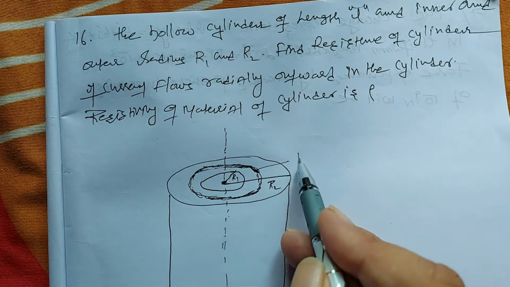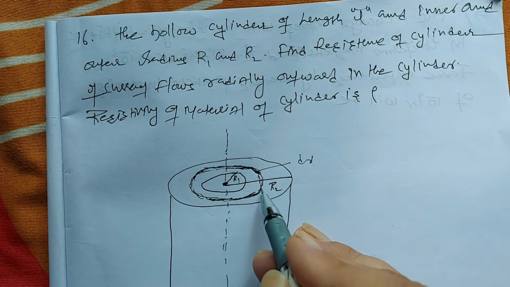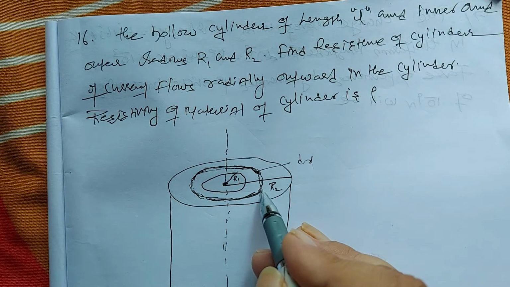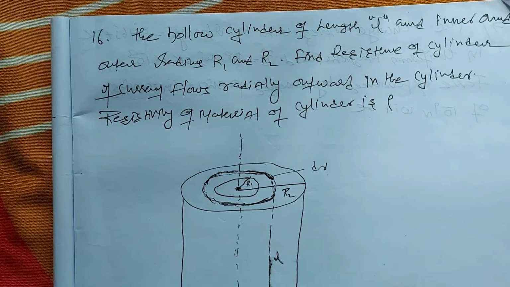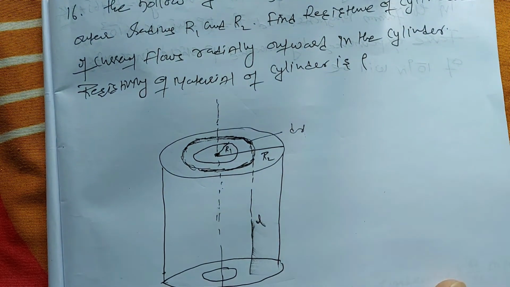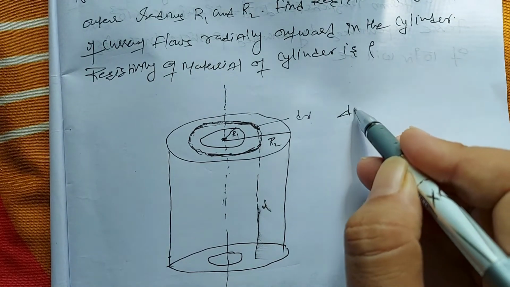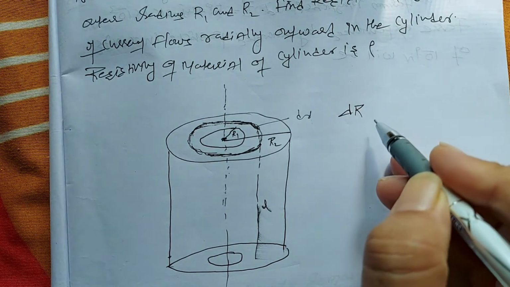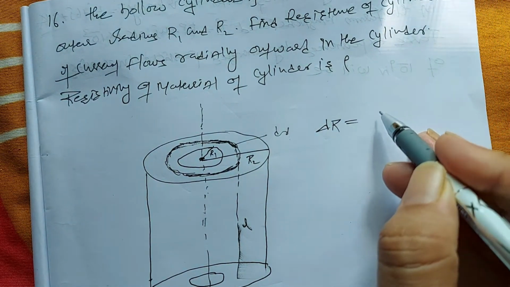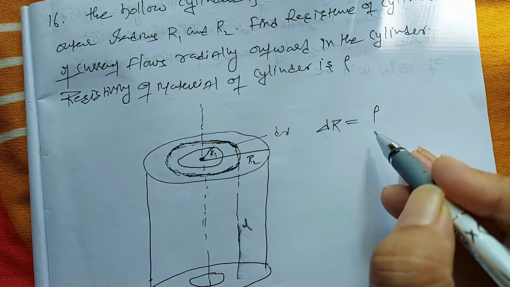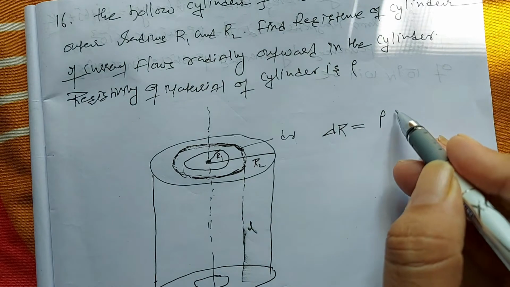Small element of thickness dx, whose length is L. Now, this small element resistance is dR. This dR is equal to rho into the length of this small element dx,